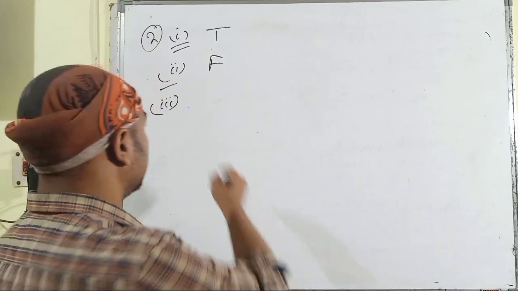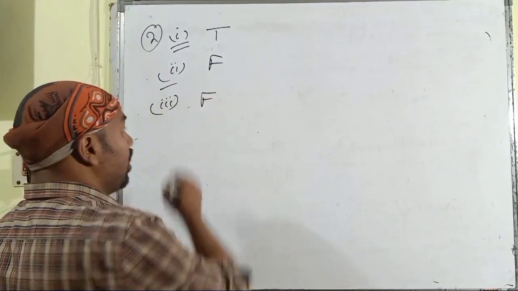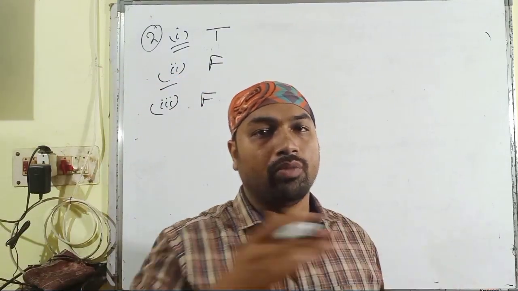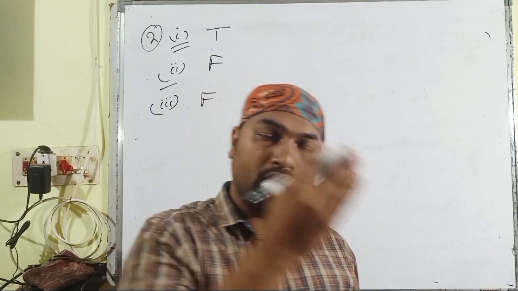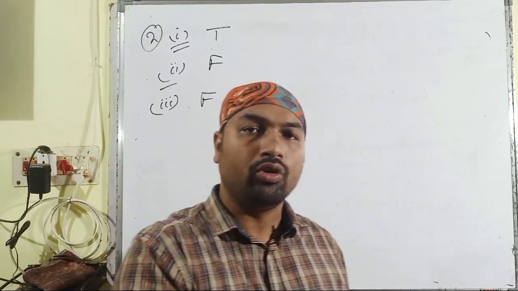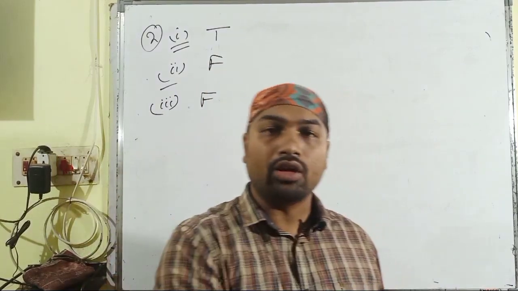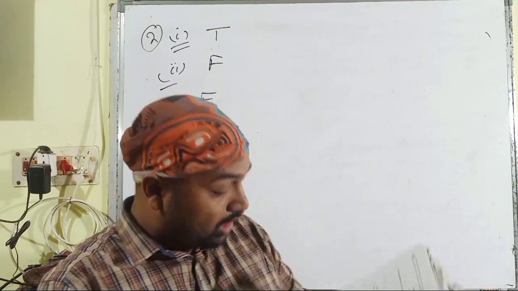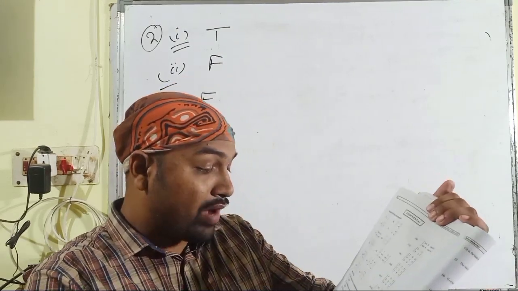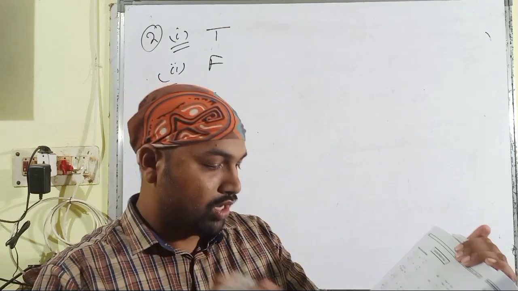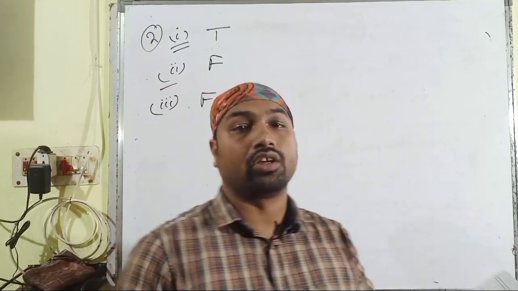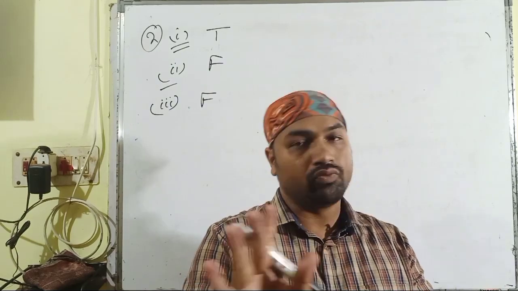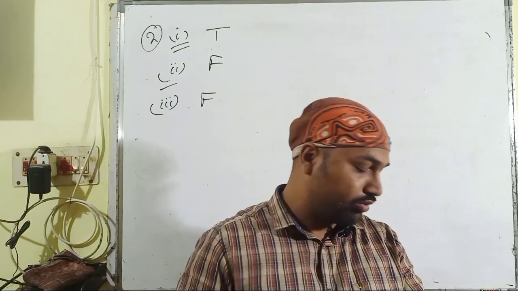Okay, this is false. Because we have discussed, if all of the rows are converted into the columns, first row into first column, second row into second column and third row into third column, then the value of the determinant does not change. But here it has been given that the first row is changed to the second column and the second row is changed to the first column, and here the contradiction arrives. So this is false according to our properties of determinants.